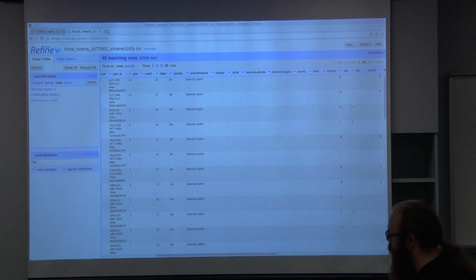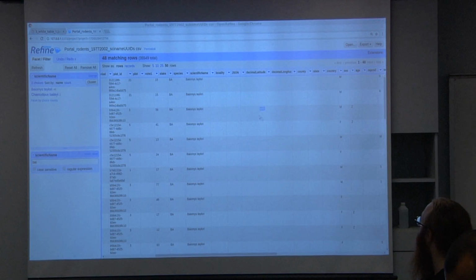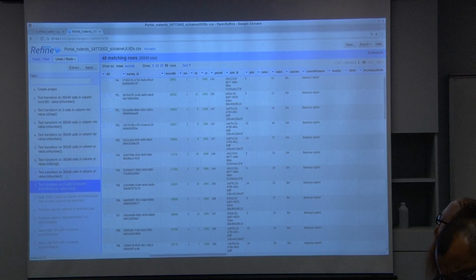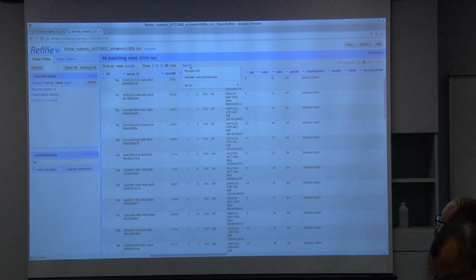Let's sort by month. You can see this sort didn't actually change anything, but it did add a drop-down box up here. So we have this sort by month,